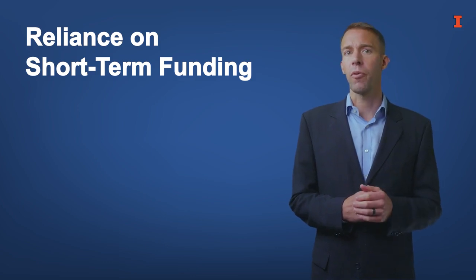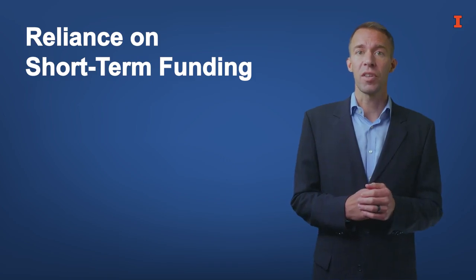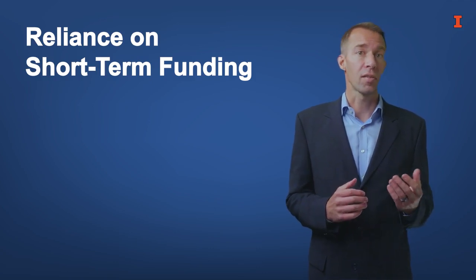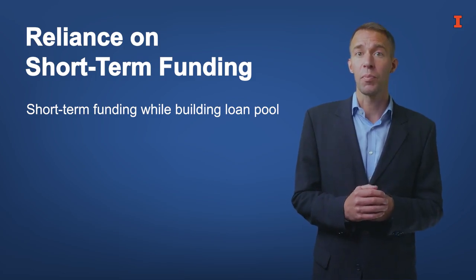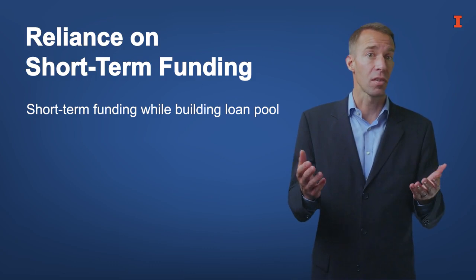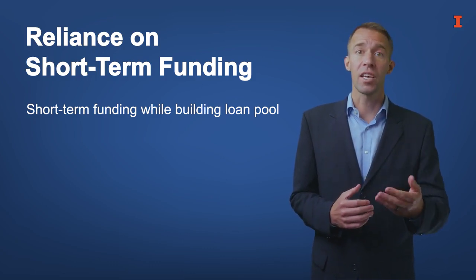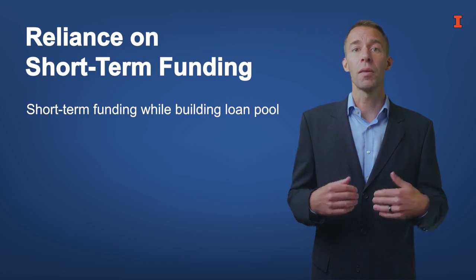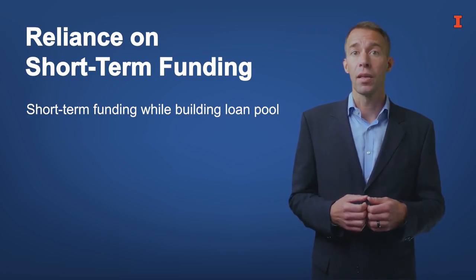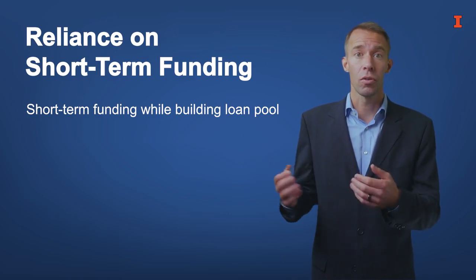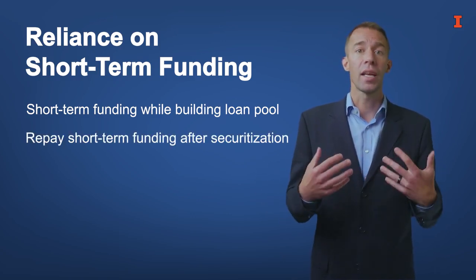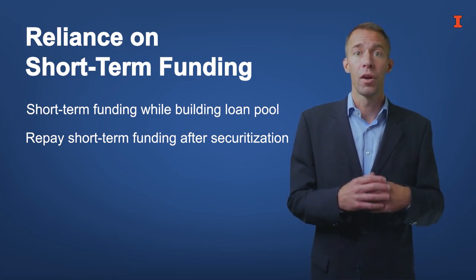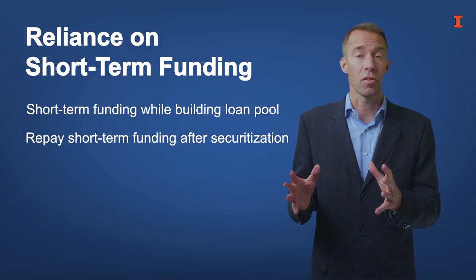One final point before we wrap up. Securitization can be sensitive to conditions in short-term funding markets. Why is this the case? Well, many issuers finance loans on a short-term basis before they can be pooled and securitized. For example, they raise cash by selling commercial paper to money market mutual funds. Then, they use the cash to grant loans. Once they have granted enough loans, they securitize the pool, and then the issuer repays the commercial paper with the funds raised from bond investors.